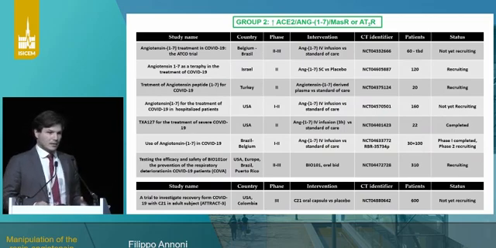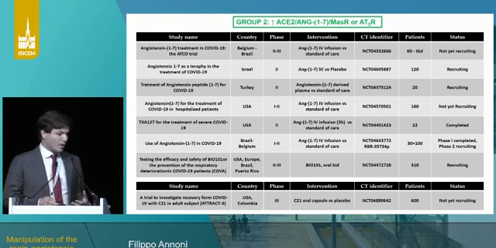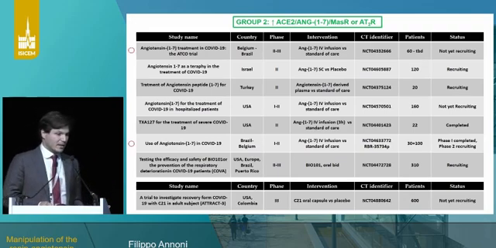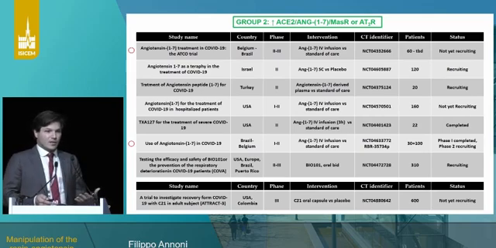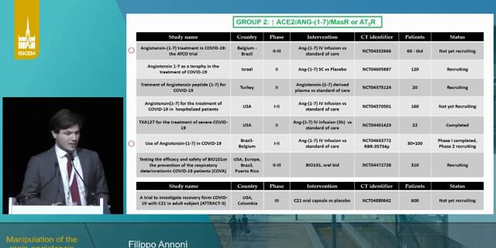A whole bunch of studies have been proposed using angiotensin 1-7 or MAS receptor agonists, such as the Bio-101, but I have to disclose that I can only talk about those 2 studies where I participated as a co-primary investigator, and the only thing I can say is that phase 1 has been terminated, phase 2 closed 2 days ago, and we will have results soon. The other study that is reported completed used doses way higher than the one we used, did not include patients in intensive care, and there are no results made available so far.